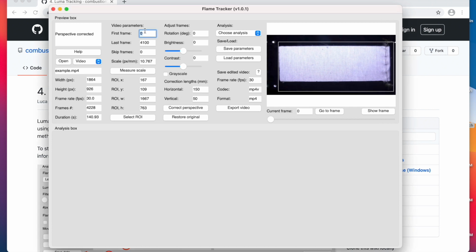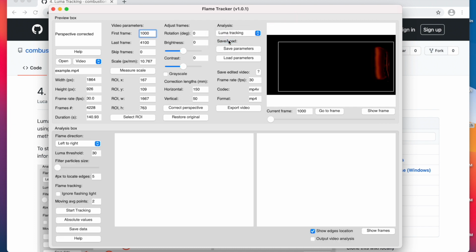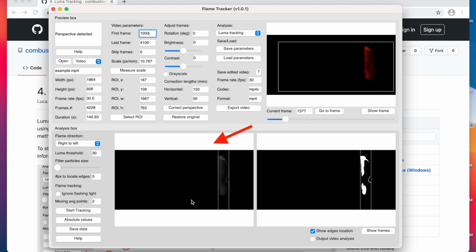Now I can change the first frame back to 1000, and then I select Luma tracking from Choose Analysis. The analysis box will get populated, and for example we have the flame direction, that in this case is right to left, and some parameters that we can play with. If I scroll through the video now, in the analysis box I see this image on the left that shows